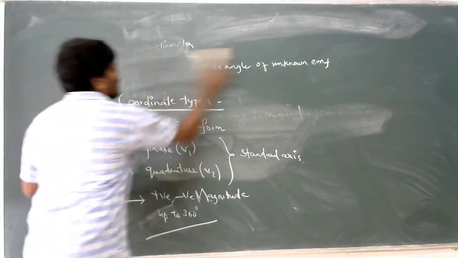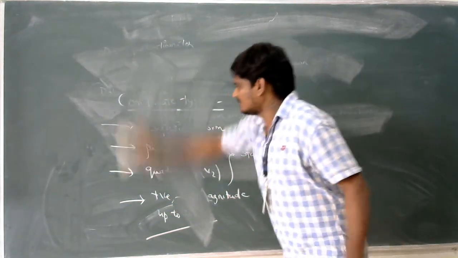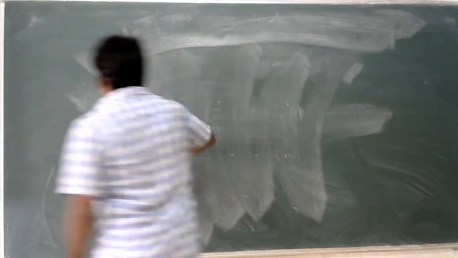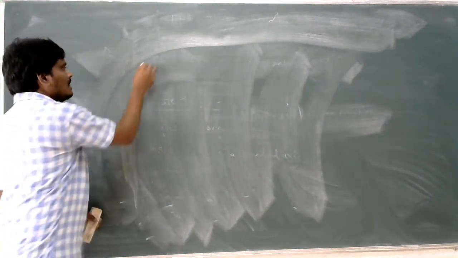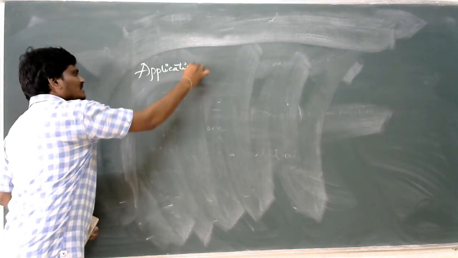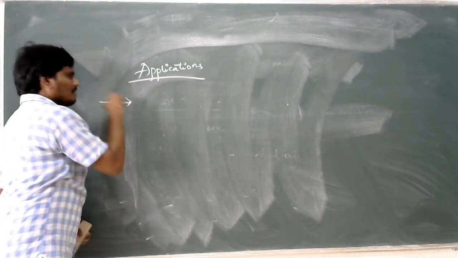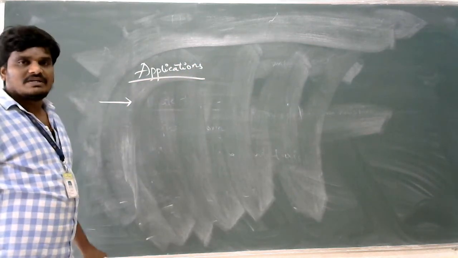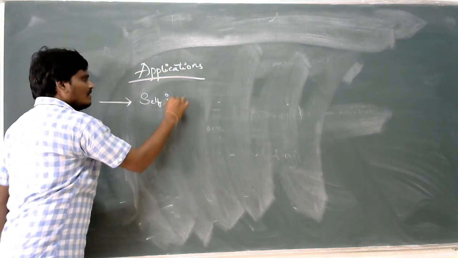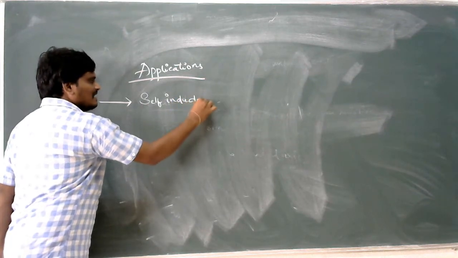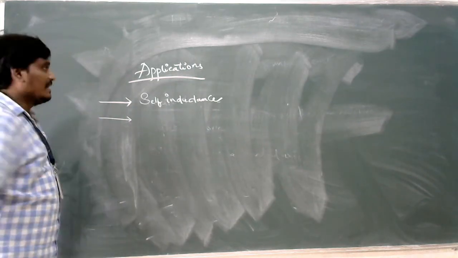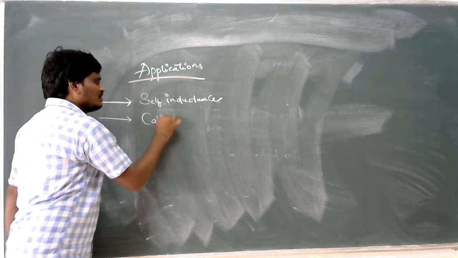Now we will go with the applications of AC potentiometer. Coming to the first application, it is used to measure self-inductance. Coming to the second application, it can also be used for the calibration of